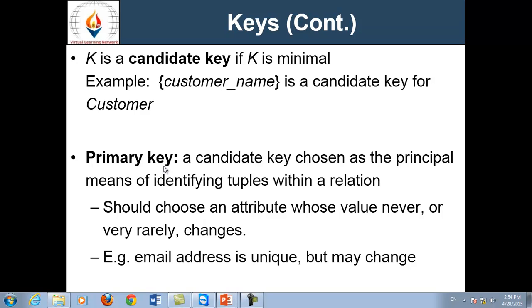Next is composite key. Now what is composite key? When we don't have a single field which can serve as a primary key, then two or more fields are joined to create a primary key or to create a key field. Then this is known as composite key. It means when two or more fields are combined to form a particular key field, composite key is used. Now primary key is done, candidate key is done, composite key is done, and alternative key is done.